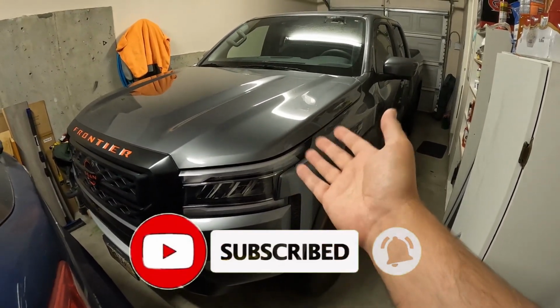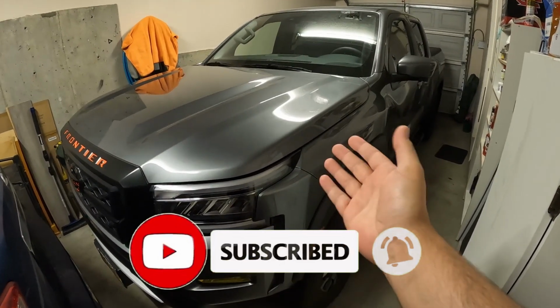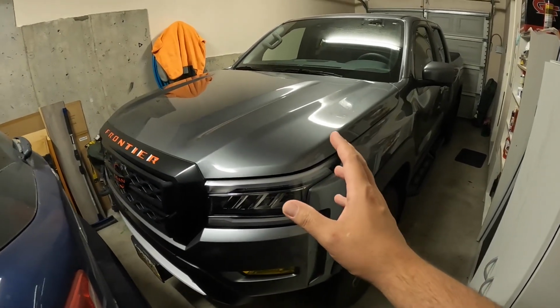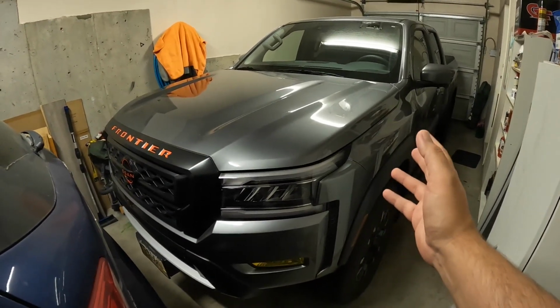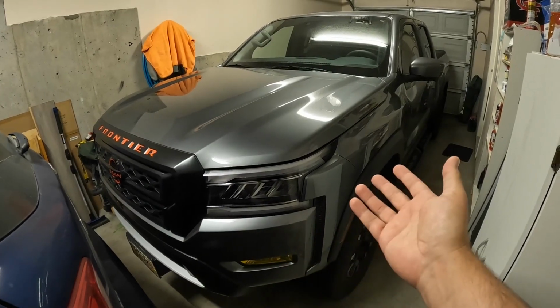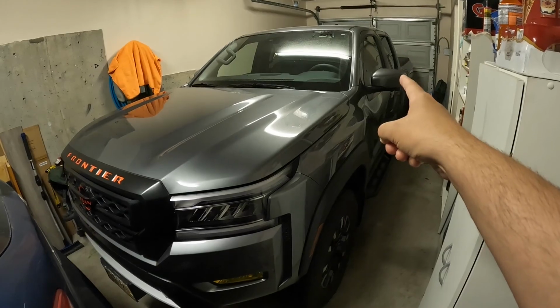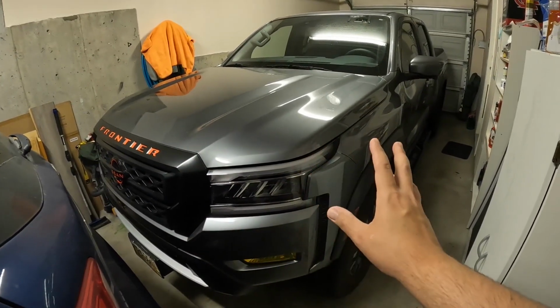Today we are going to be doing the fuel economy test on our 2023 Frontier Pro-4x here. I have a few things ordered that are going to change some of that. If you add heavier bumpers or bigger tires and a lift and stuff like that, it kills your gas mileage. So I want to test it on my stock, or mostly stock. It does have some side steps and a tonneau cover. Other than that, other than a few decals and stickers here and there, nothing that's going to change